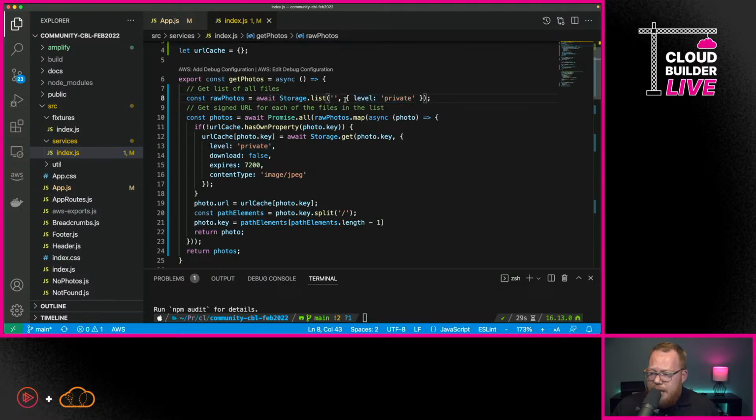Now, in addition to this, also what we're saying is that we want to go through and get each of these photos. Well, you might say, well, why do we need to get it? Well, in this case, I've got download set to false. So really what we're doing here is we're saying we want to get a signed URL to this file because none of these photos are going to be public. All of these are going to be behind authentication. So we're going to create a signed URL for each of these, and that's how we're going to be able to access these photos.